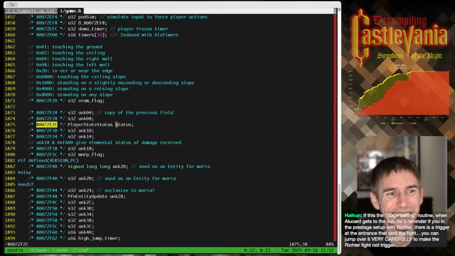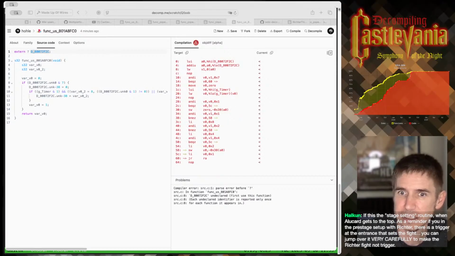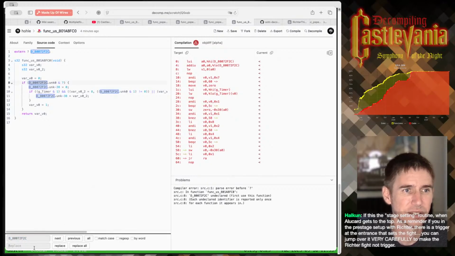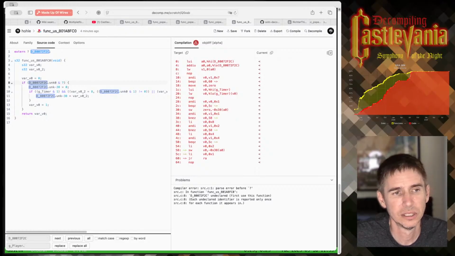This is dangerous, and not compiler portable or platform portable if you are relying on being able to calculate or bake in offsets, because an enum does not have a defined size in C. For this version of GCC, I think that enums are always 32-bit ints, so it is okay. So that's a good thing to know. This is player state status. So we have a G player global, and this is status.